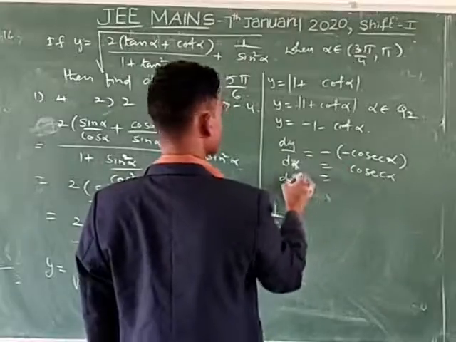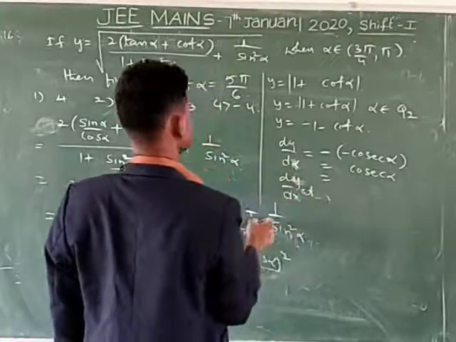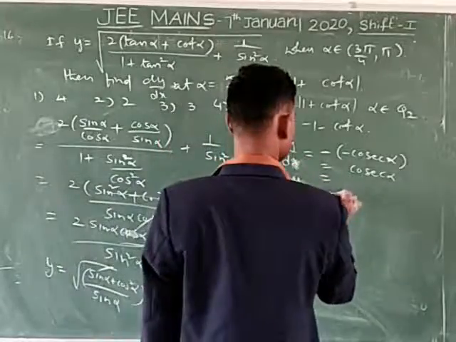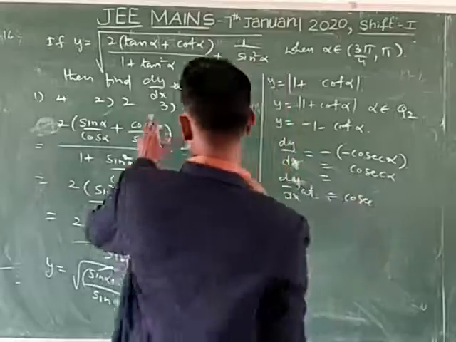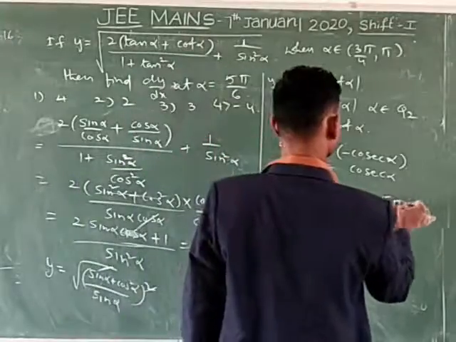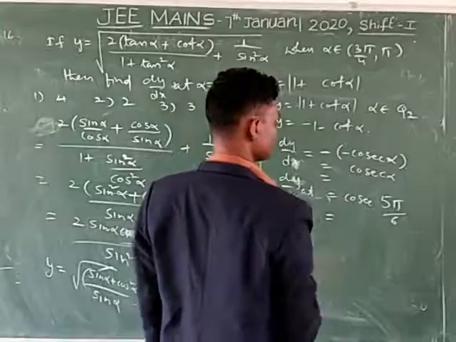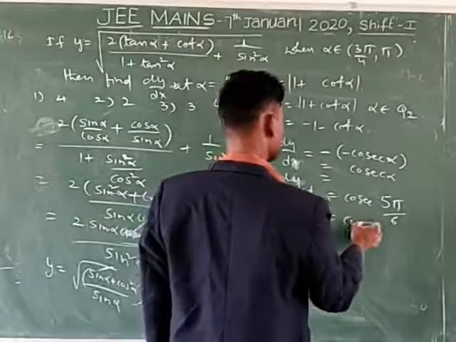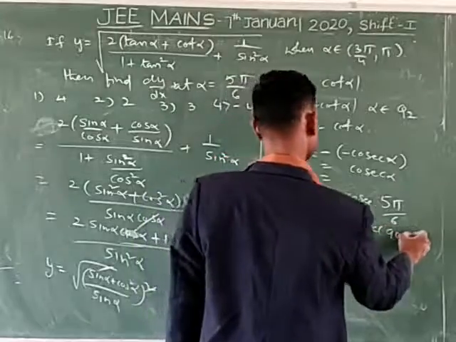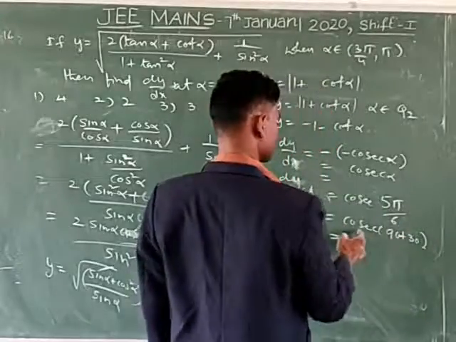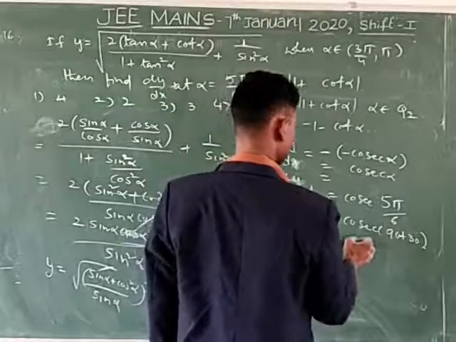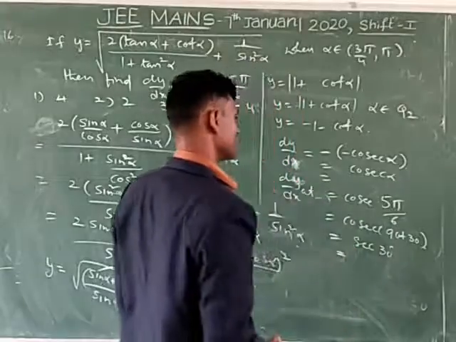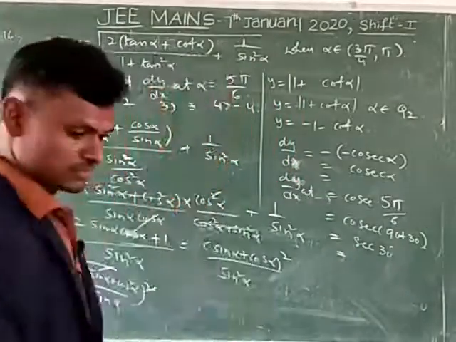Here also dy by dx, okay, x, you can write here x. This is cosecant square of how many degrees? Pi by 6. Pi by 6 means how many degrees? Six 5s are 30, here 150 degrees. Cosecant of 90 plus 30, then secant 30. Secant 30 is equal to how many degrees? What is the value? Cosecant 30 means here.